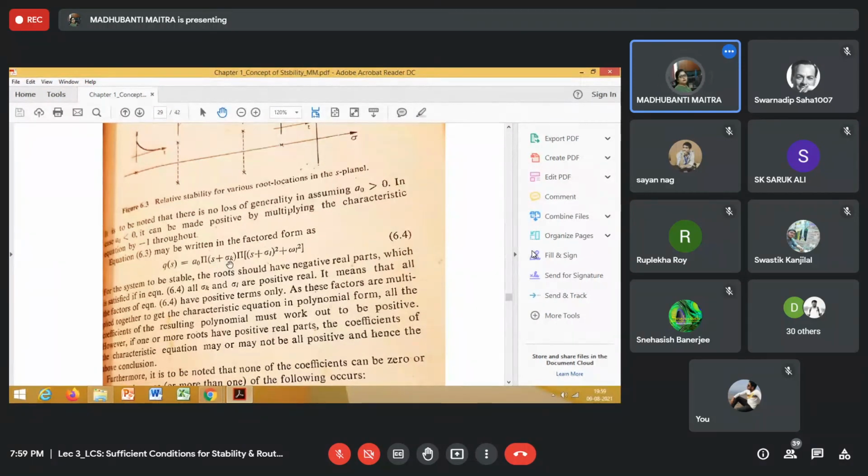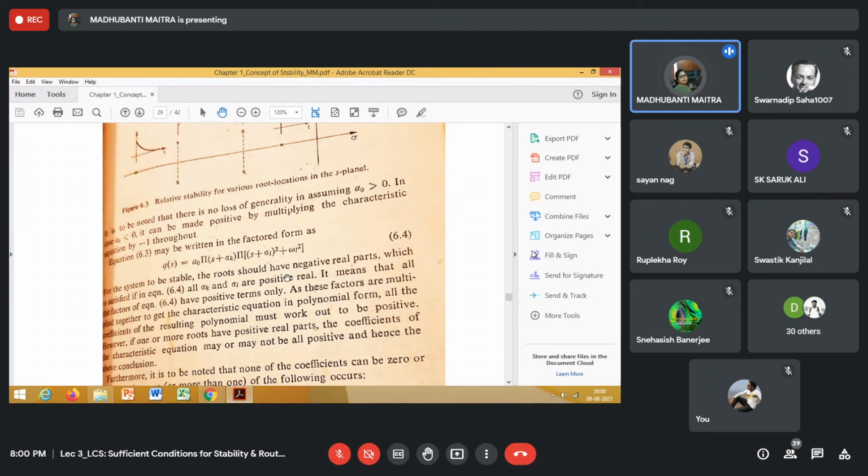So as k is varying, at sigma k's, k number of real roots will be there. Hence, this is the product sign. You know that. So the product of s plus sigma 1 into s plus sigma 2 into s plus sigma 3, and so forth, up to s plus sigma k, and the product of the complex conjugate root pairs, s plus sigma l whole square plus omega l square. Here we are assuming L number of complex conjugate root pairs are there.